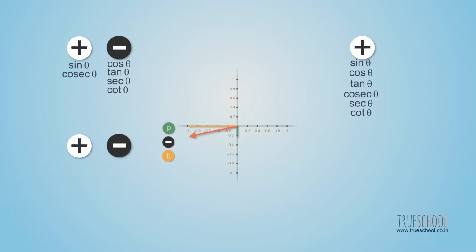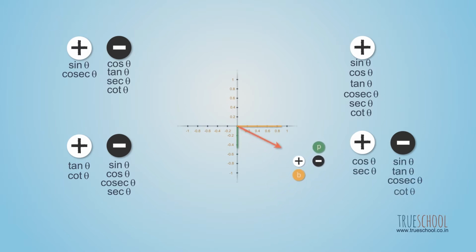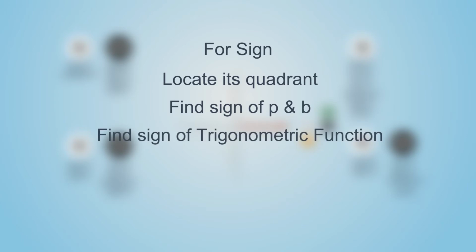In third quadrant, we see that both perpendicular and base are negative. So only tan and cot are positive here. As our rotating arrow goes in the fourth quadrant, only base is positive, leaving cos and sec as only positive ratio in this quadrant. So if a problem asks you to find the sign of ratio for an angle, we first need to locate in which quadrant it lies and then find the sign of x and y component in that quadrant, and finally put these values in the trigonometric relations to get the sign of the function.